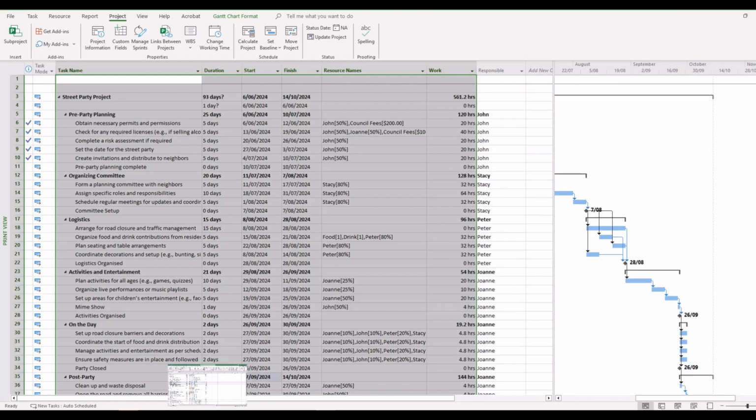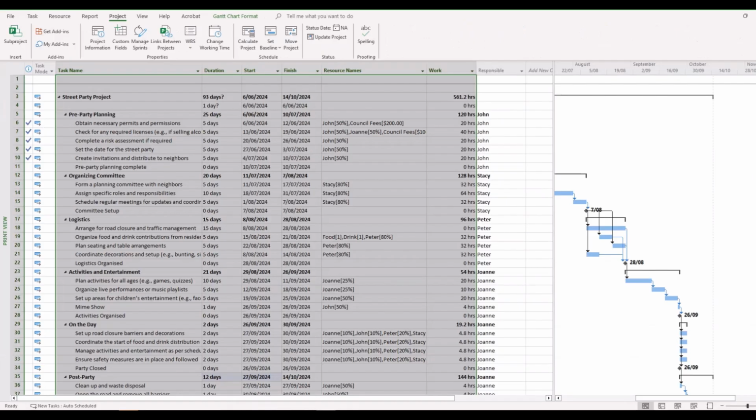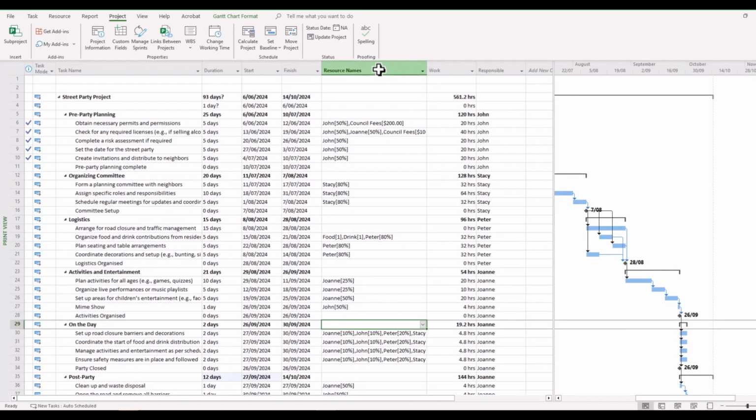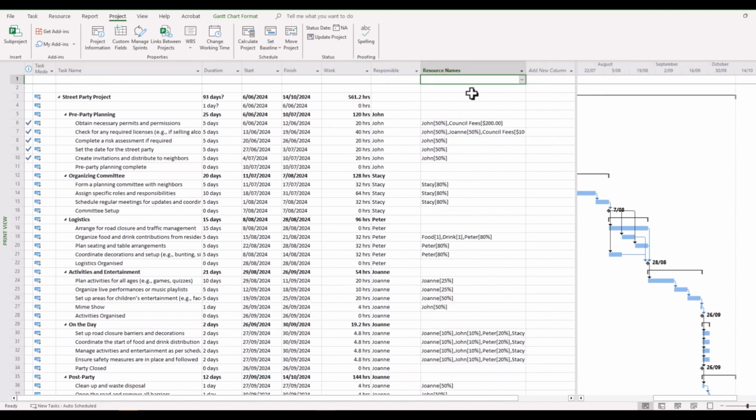names, and then if you were to copy it to Microsoft Excel, you'd end up with something like this. Sure, you get all the information here, but you do get a whole lot of mess in the resource names here. This may turn off your audience, might contain a whole lot of information that your audience may not be interested in. So by getting back to our custom fields, we can have the option to show information that may be more relevant to the audience.